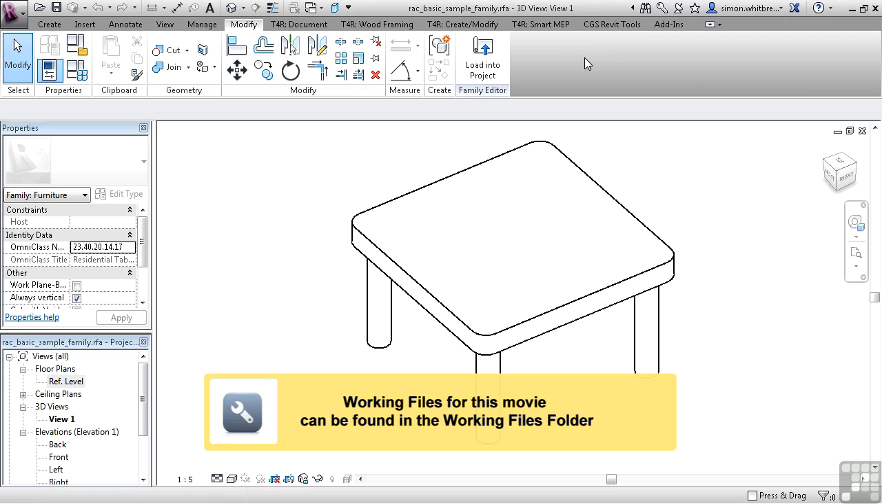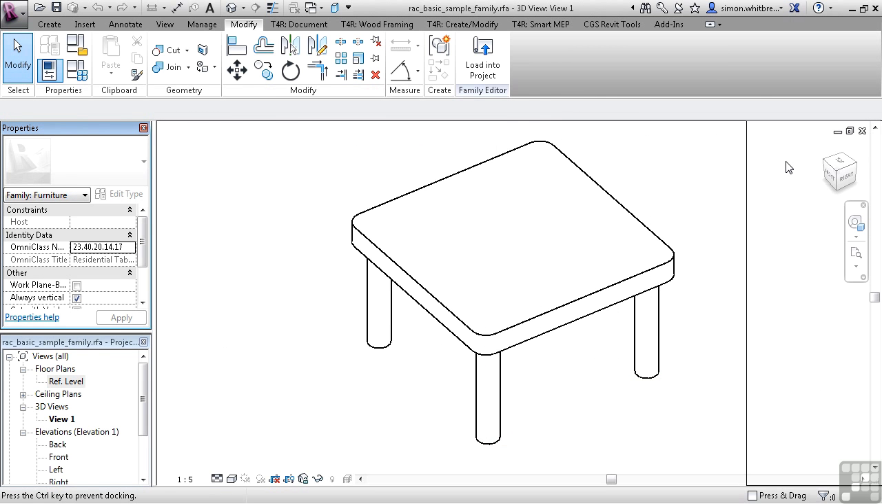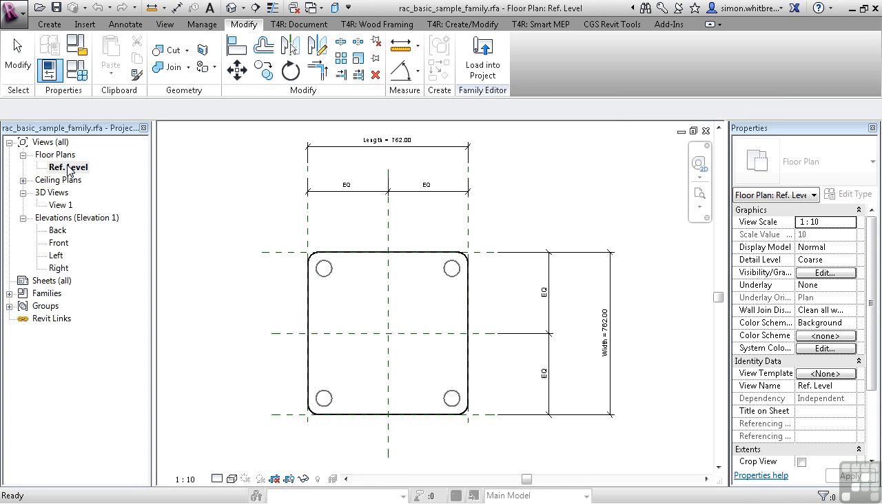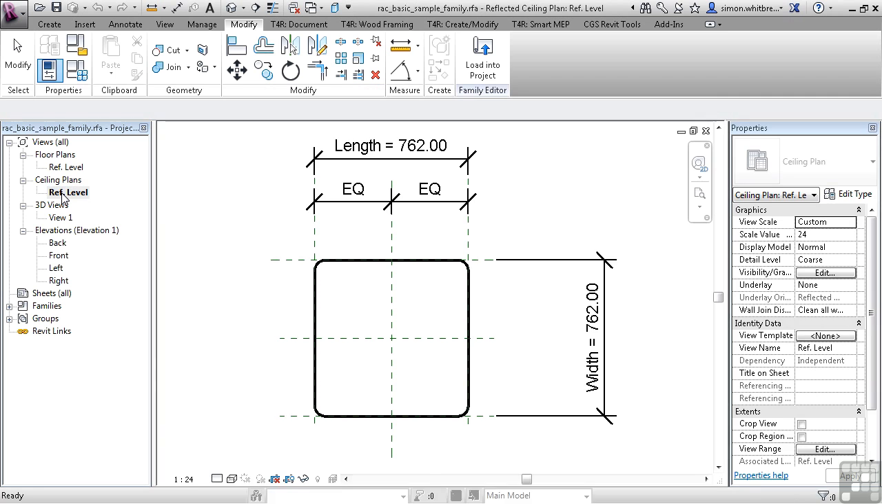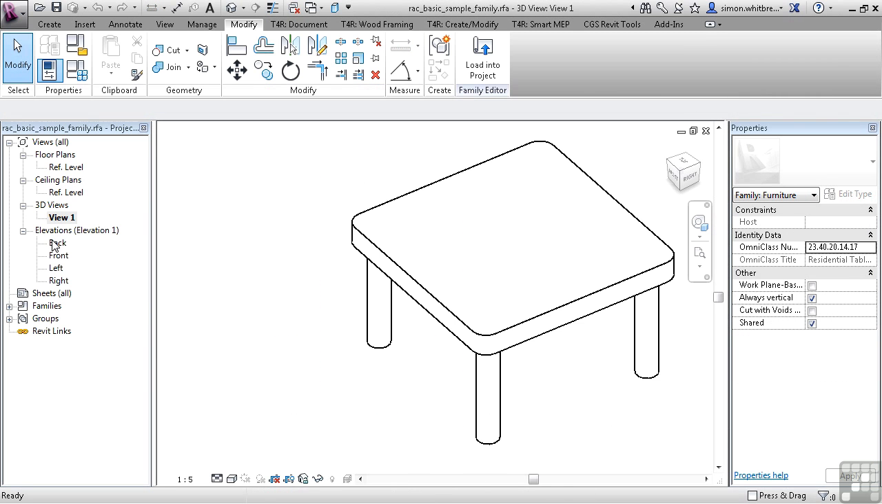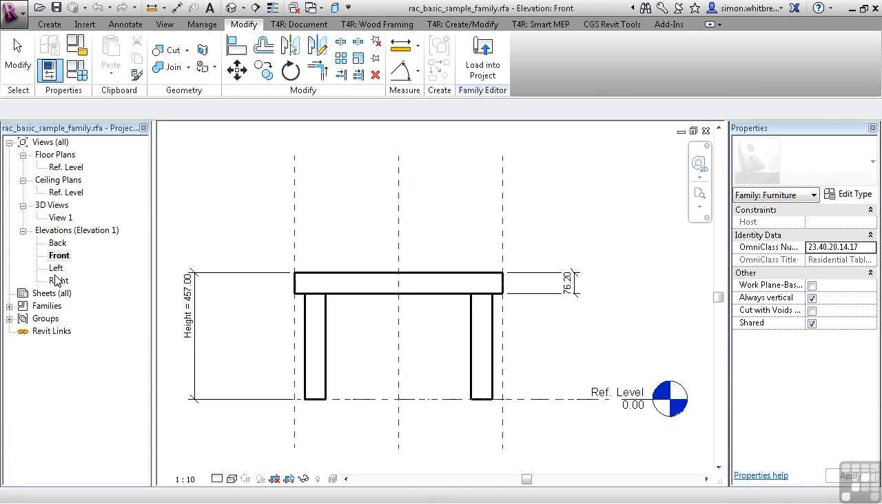To make things clearer, I'm going to drag the Properties palette over to the right hand side of the screen. We can now see the entire project browser for my sample family. Shortly we'll take a look at an annotation family. That's slightly different again. In here we have a reference level, a ceiling plan, a 3D view, a back, front, left,